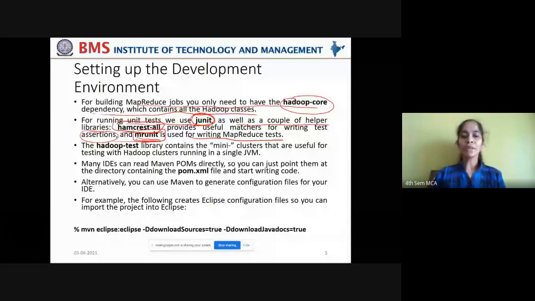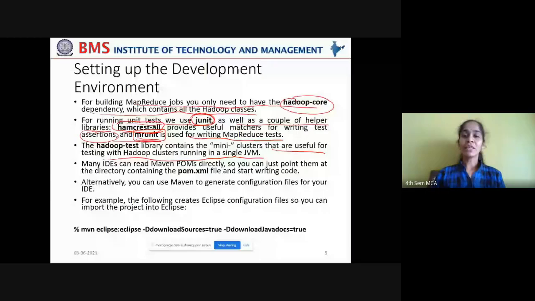Now the Hadoop test library contains the mini clusters that are useful for testing with Hadoop clusters running in a single JVM. Remember, always try to execute your MapReduce programs at a smaller scale, and only then deploy them onto a larger cluster.